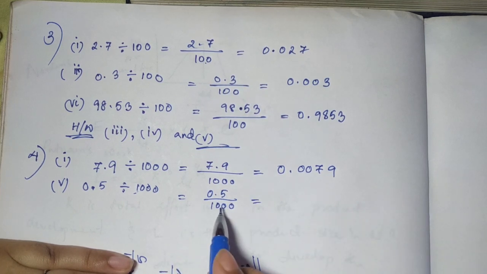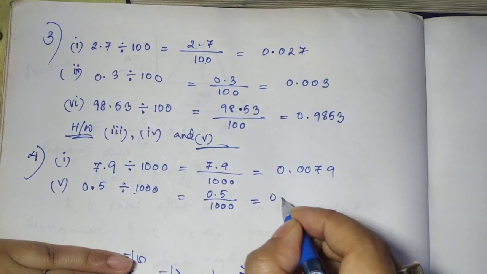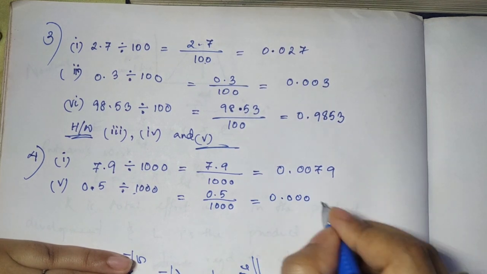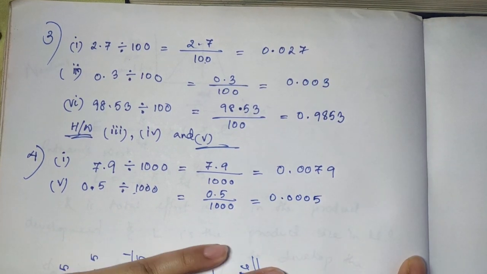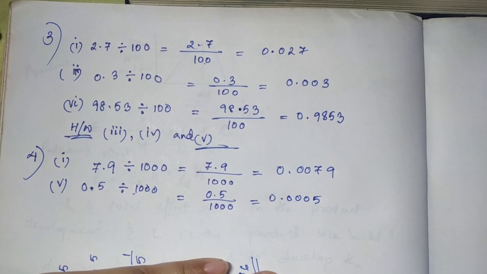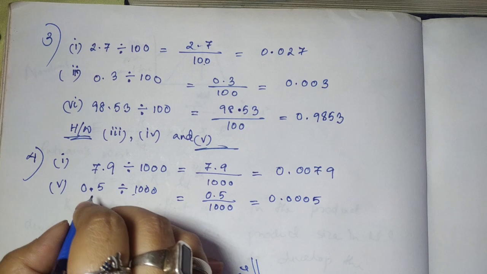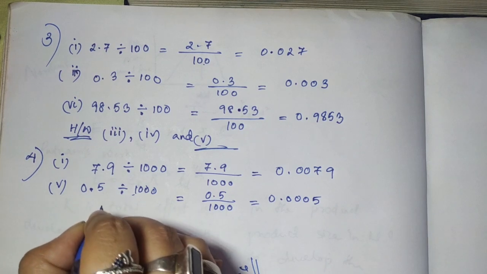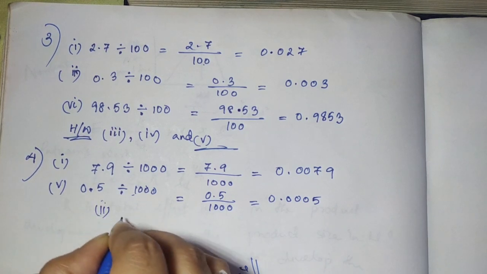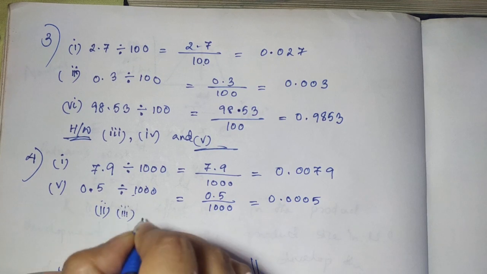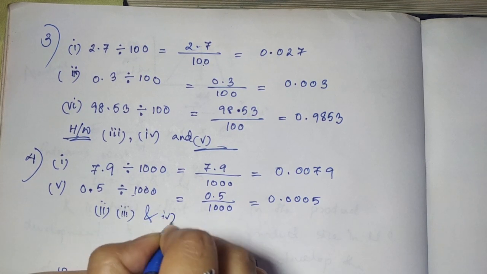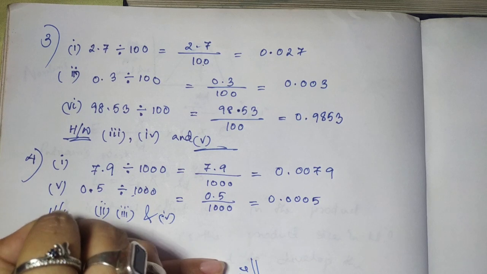Okay. Here there are 3 places. No other places here, no digits. So what do I do? I add 3 and this comes as my answer. Okay. Now what will you do? As homework, you'll be trying a few sums. That is question number 2, 3 and 4. This will be your homework.